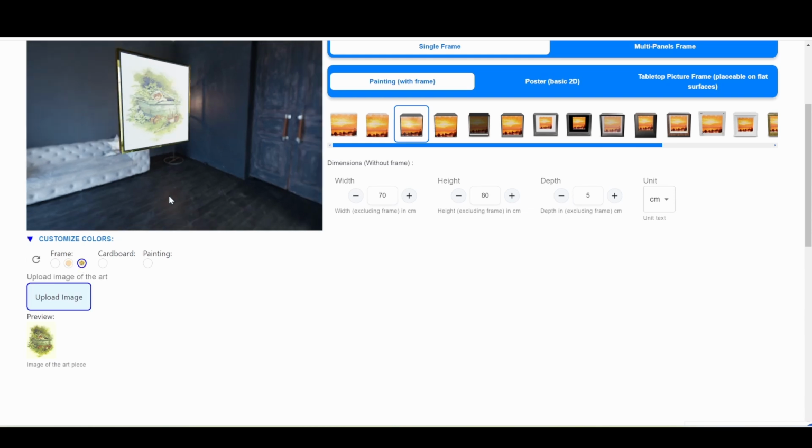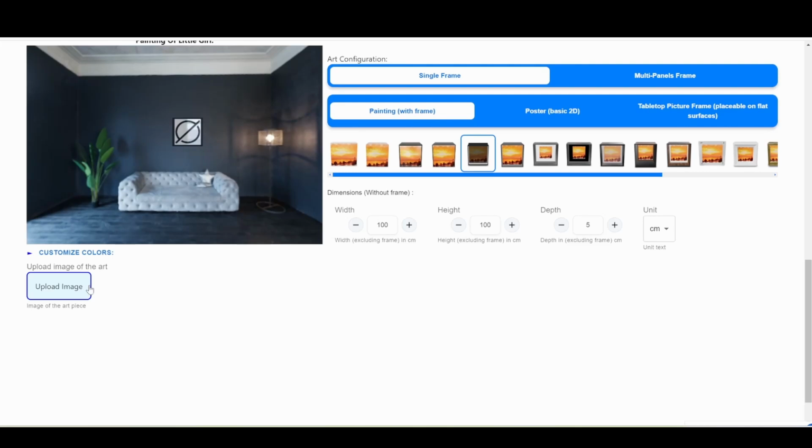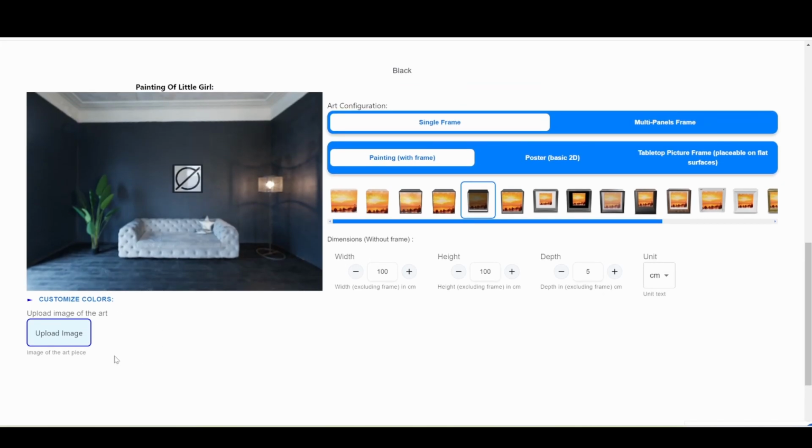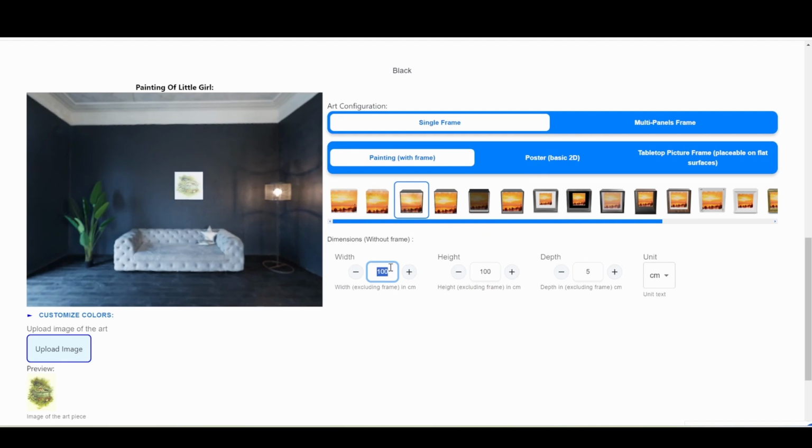It can be a painting that can be placed on walls, a 2D poster that can also be placed on walls, or a photo that gets placed on flat surfaces. You can select the frame type you prefer for your painting from the different frames in the list. Some frames come in different styles, like black, gold, or wooden. For this tutorial, we'll select the American Golden frame style, and for the other one, we'll use the American Black